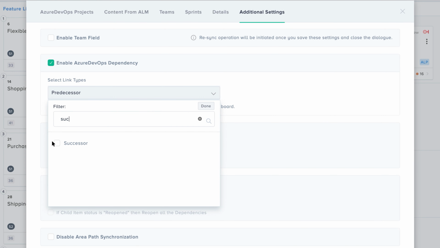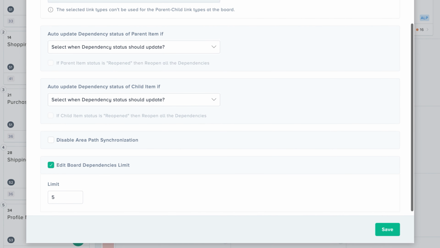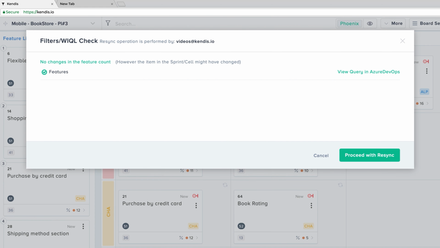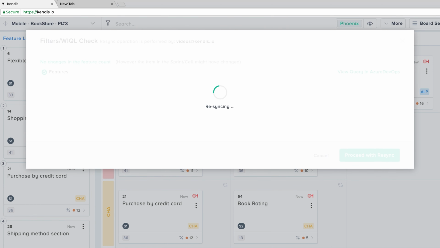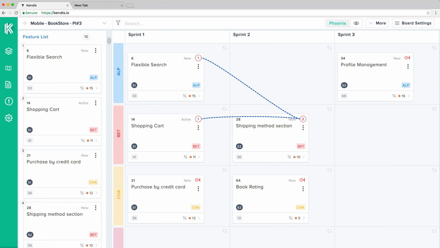Please note, any parent-child link types that you selected while adding features will not show here in this list, for example, child. Once you select Save to close this dialog, Kendis will refresh the contents from the Azure DevOps to reflect these links. To create a new dependency, drag the cursor from the corner of the card and drop onto